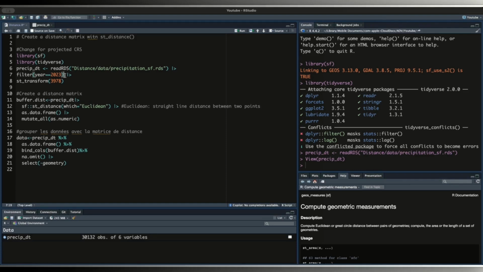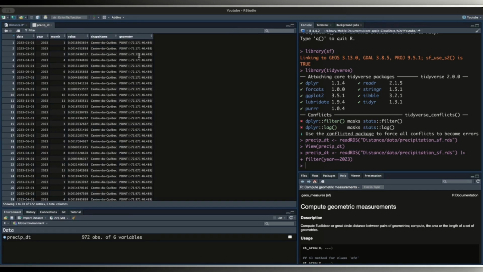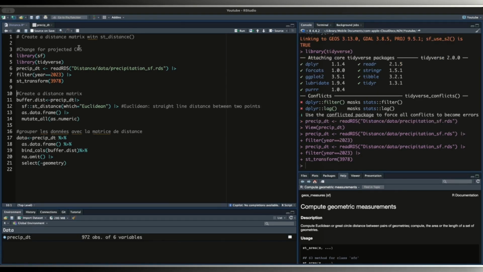Let's say we need only the information for the 2023 year. This is down to 172 observations. This simple feature is a geometric series. I'm going to use the stDistance function, which considers the series of the input data. I want the output, my distance matrix, to be in meters. To do this, I'm going to transform the CRS of my simple feature